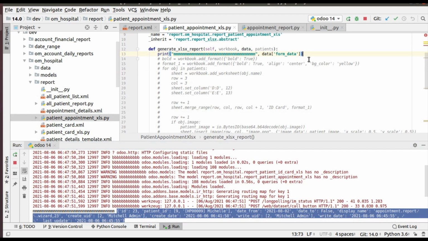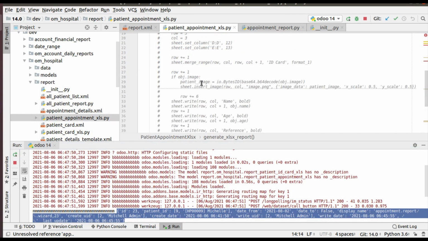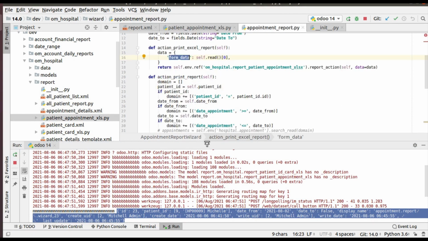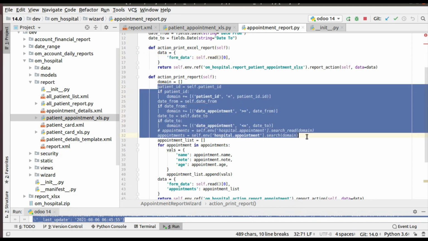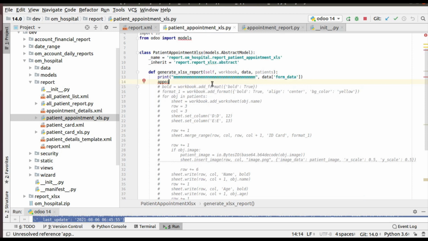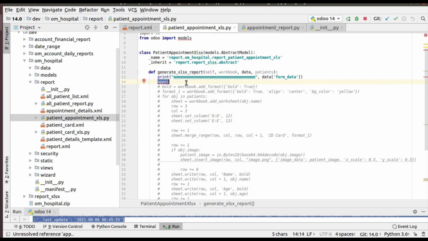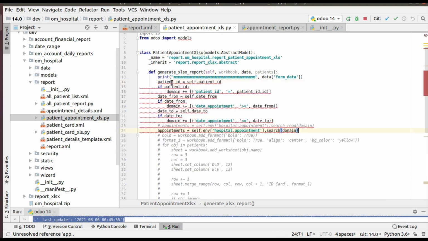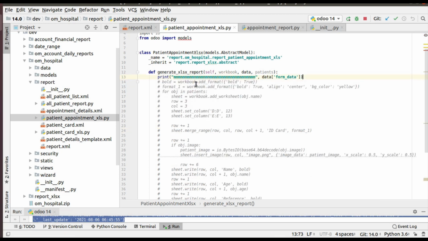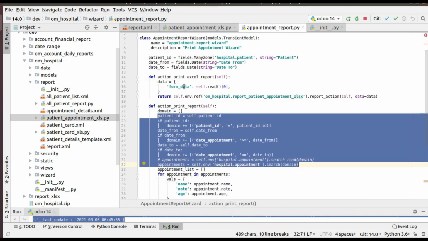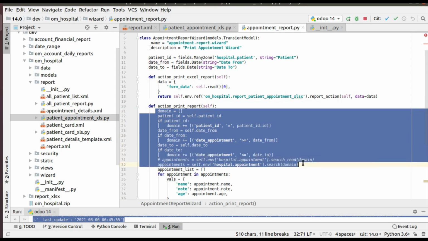Now what we have to do, we have to fetch the appointments from the database. So I'll fetch the appointments from the database like this. We already have some samples here that we have added for the PDF report. So let me copy this and I'll put it here. Or we can do one thing, either you can get the data from here, self.patient ID, or you can pass the data from the wizard itself. So I think it's better we pass the data from here, because let me copy this. So I can copy this and I can simply put it here,